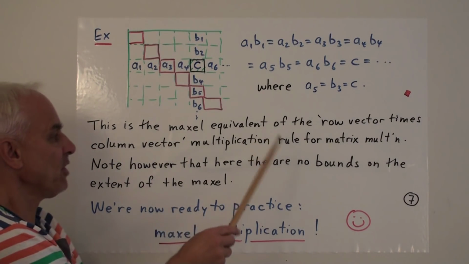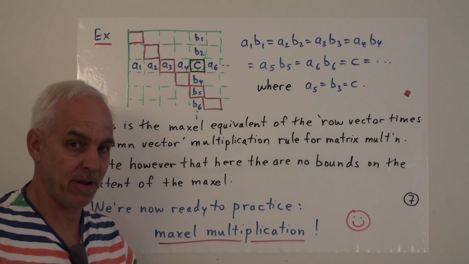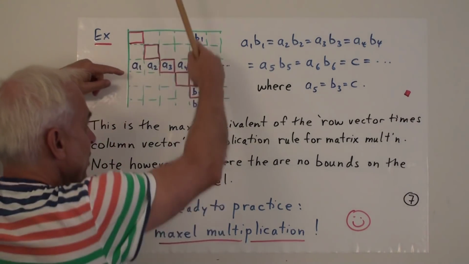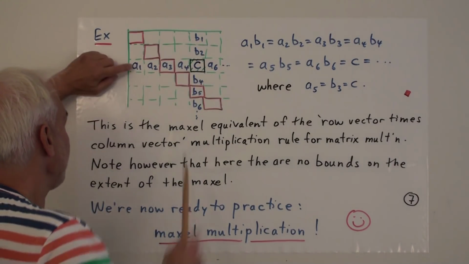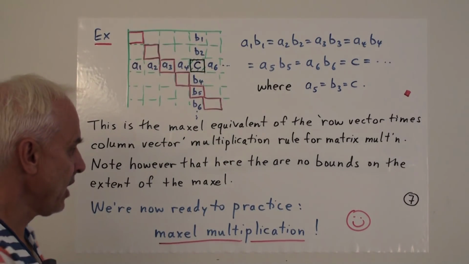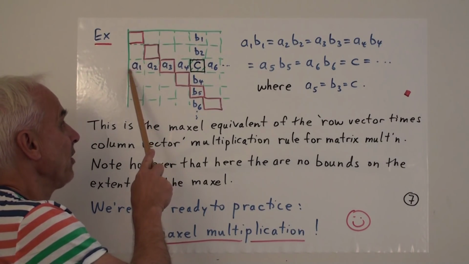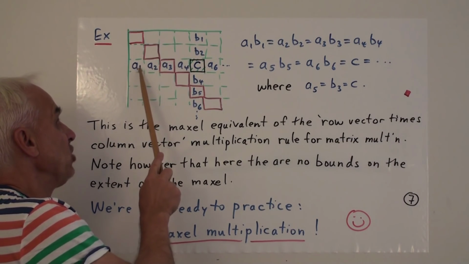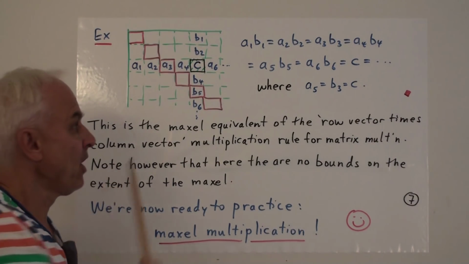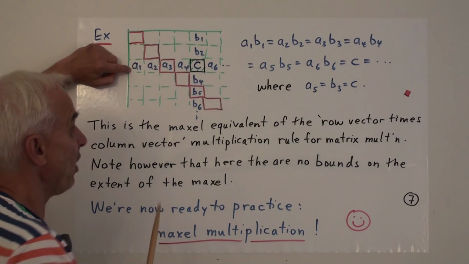So this is the Maxwell equivalent of the row vector times column vector multiplication that is so familiar in linear algebra. The idea that in order to do matrix multiplication we have to multiply rows with columns, and the way we multiply them is to take this times this, plus this times this, plus this times this, plus this times this, and so on. So at the level of Maxwells, instead of pixels, we would have multiplicities here. Maybe there would be a 2 here and a 5 here, representing 2 of these and 5 of these. And maybe there was a 3 here and a 7 there. So when we're multiplying this pixel times this pixel, we really have to multiply 2 of these ones with 3 of those.